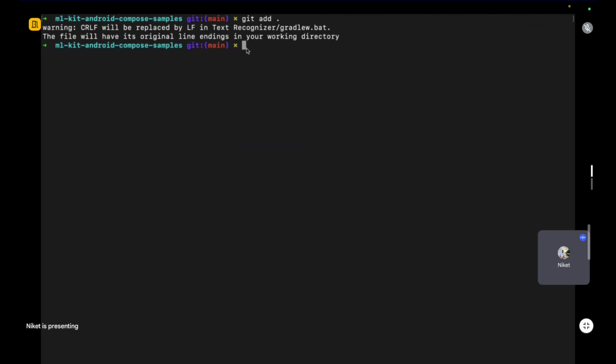Okay, मैंने कॉपी पेस्ट किया इसलिए ये सब आ रहा है। ओके, सो